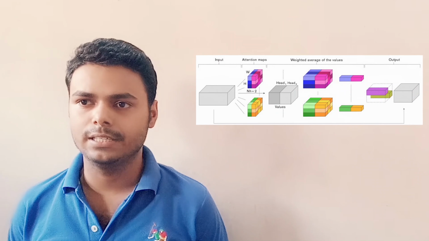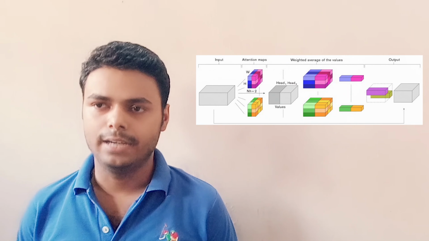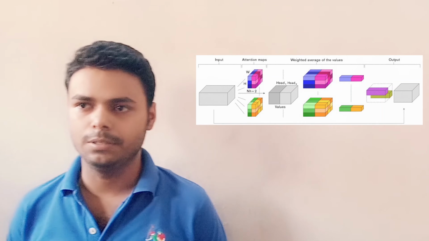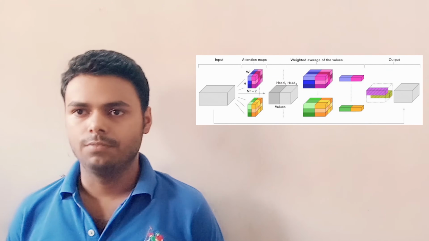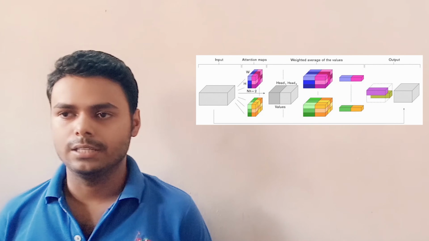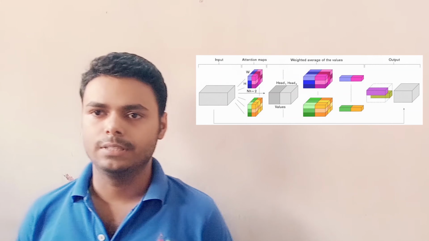The attention model is basically a technique to focus first on the subject part of the image, and after that to focus on the background of the image. The main work of the attention model is to extract features from the image, so we can easily optimize our model with the help of the attention model.